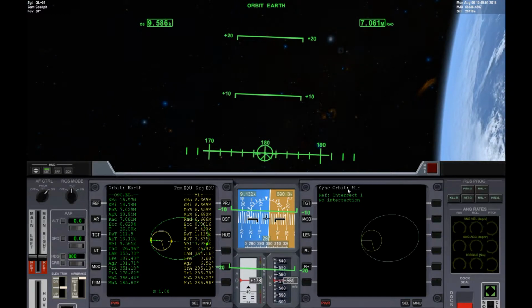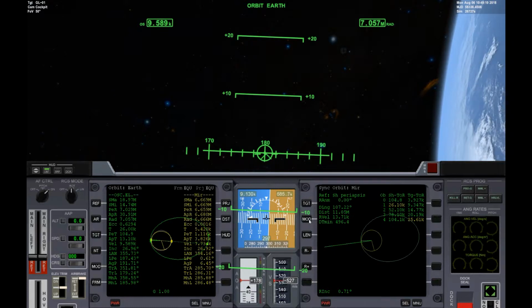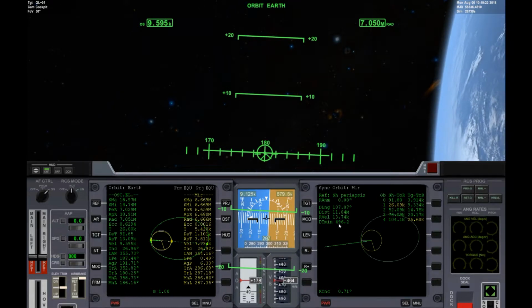choose Mir, and do ship periapsis. And what that's going to do is that's going to give you a DT min value. So what you're going to do is while you're decelerating, you're going to get some good DT min values. And you don't have to kill off all your speed, because what we're trying to do here is sync up